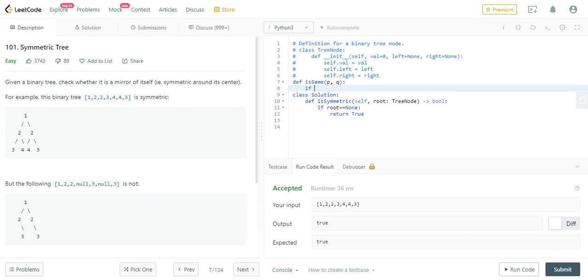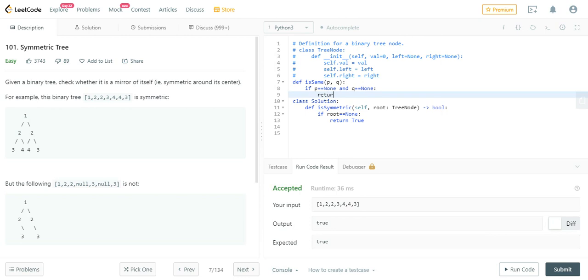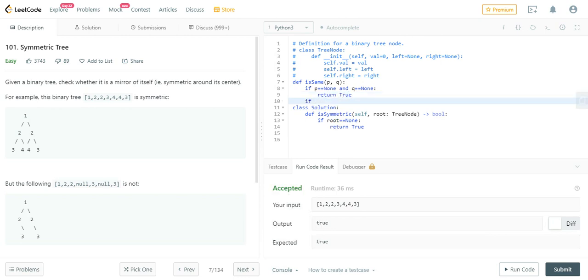So if p is none and q is also none, then we can be sure that yes, both of the trees are similar. The second condition should be: p is none and q is not none, or q is none and p is not none.